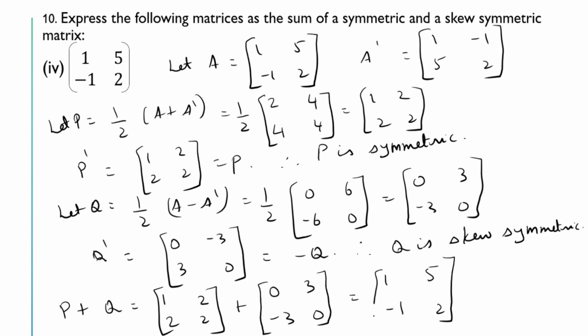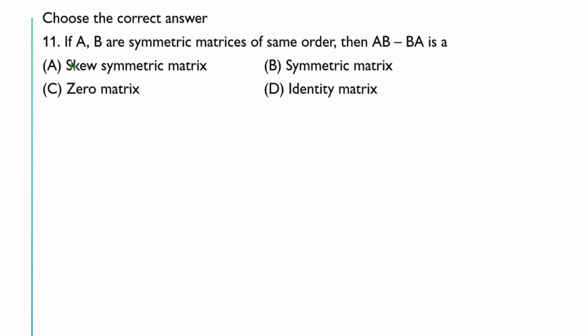Next question, choose the correct answer. If A and B are symmetric matrices of same order, then AB minus BA is a skew symmetric matrix, zero matrix, identity matrix. So it is given A and B are symmetric matrices of same order. We have to find the nature of AB minus BA as a matrix. So first we will see